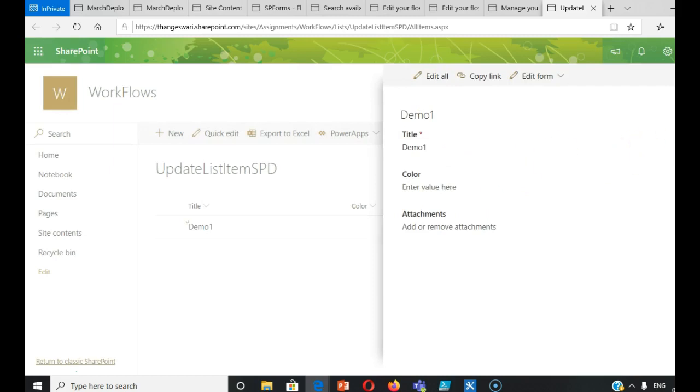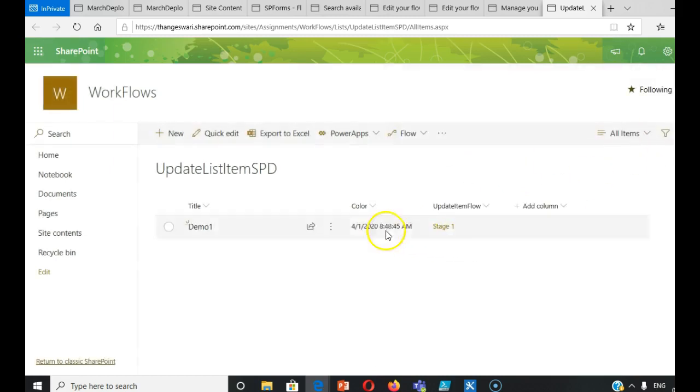So when I save it, it actually triggers, and look at this, it's way faster. In Flow, it took a long time for the update to happen, and in SharePoint Designer, the update happened very fast, and the modified value is 84847 at this time. It has been modified, and it actually